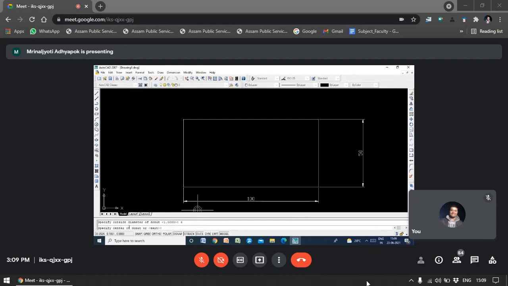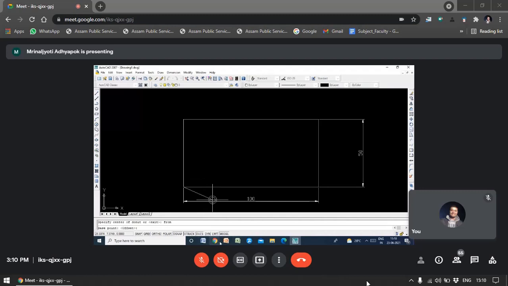So now specify the center of the donut. From now, what I am going to do is simply write down. We don't know the center, from where I have to draw it. So simply I am going to write FROM, from. Enter. Okay, so base point. I am going to select the base point. Base point means from where I am going to draw it. Okay, so suppose this is your base point. Now from this base point, I am going to give the offset distance.